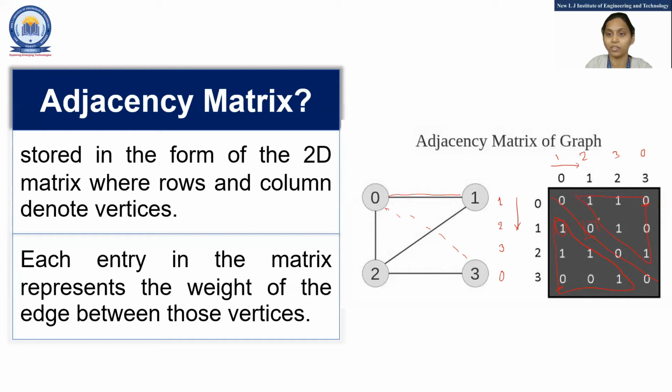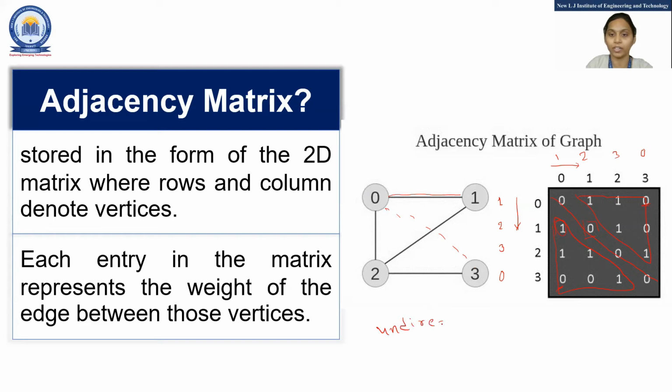If you understand the matrix properly, this is the same as this. This matrix is known as a symmetric matrix because this number is the same as here. Now is this always true? No, this is not always true. This is an undirected graph, that's why this is the same. But if the graph has some direction, the lower half would differ from the upper half. We will take one example with a directed graph also. Right now, let's understand with the undirected graph.